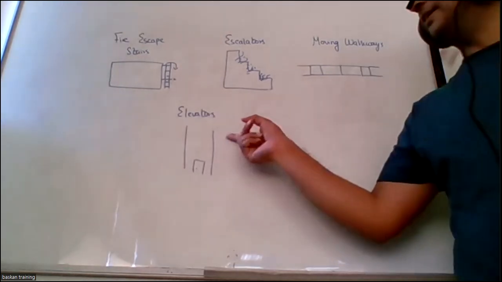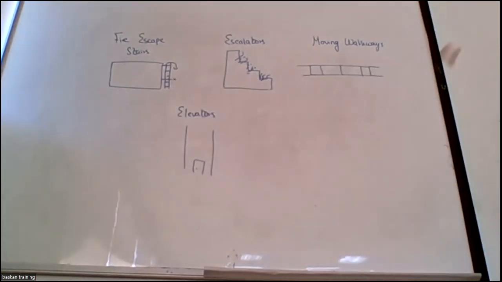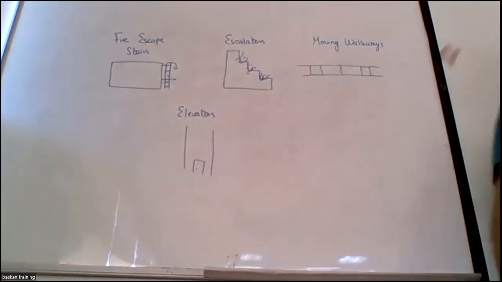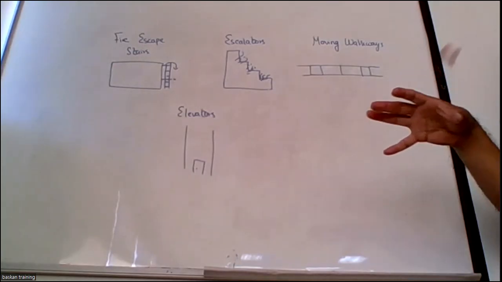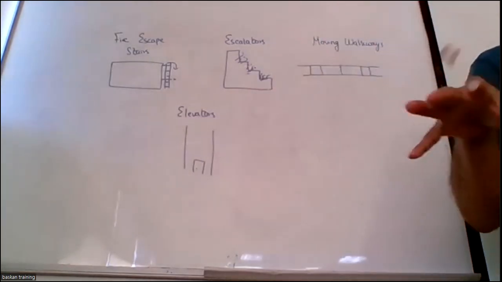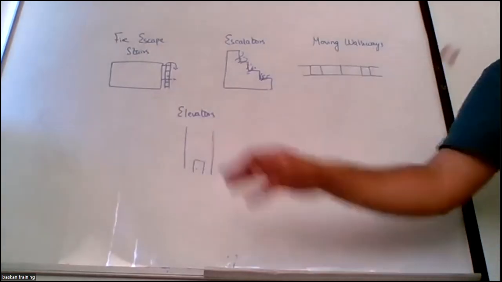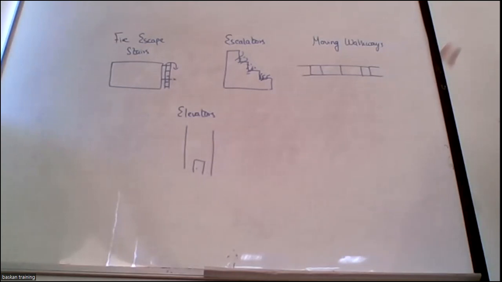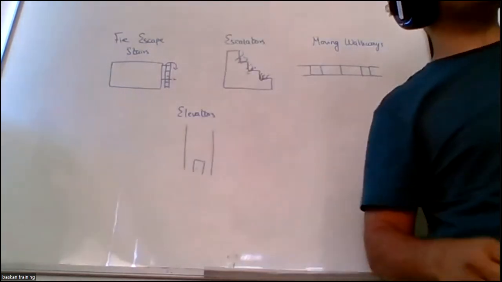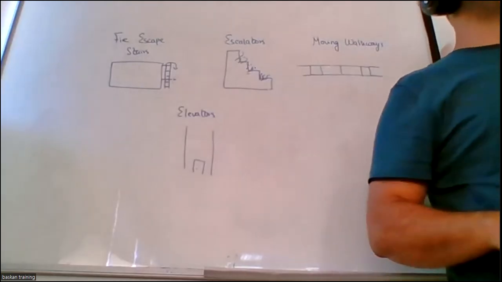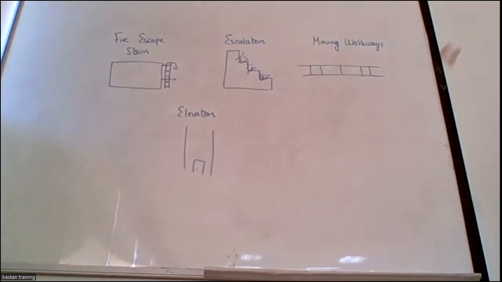The first reason is that elevators have no backup power. In case of fire, the first thing is that the authority's power will fail. The elevators will hang. The second reason is that elevators can carry only a specified amount of people. You cannot overload it; if you overload it, it will stop. The third reason is that a person already on a fire floor calls the elevator. The elevator will come to the fire floor, exposing other people also to the danger.